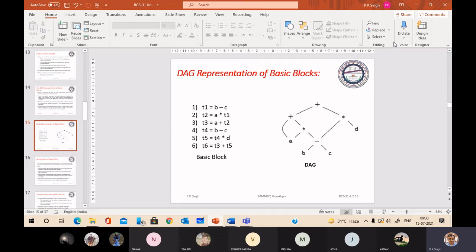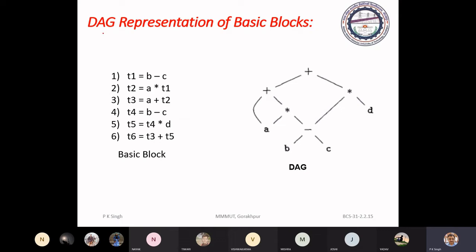Just see in this code, T1 is computing B minus C, and T4 is also computing B minus C. If you find the value of T1, it is the same, because the statements in between are not changing the value of T1.